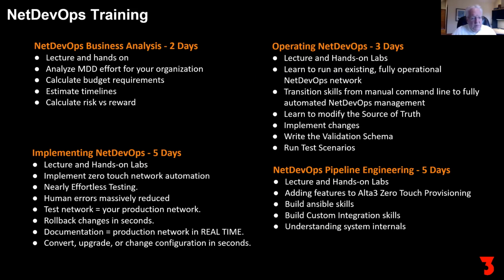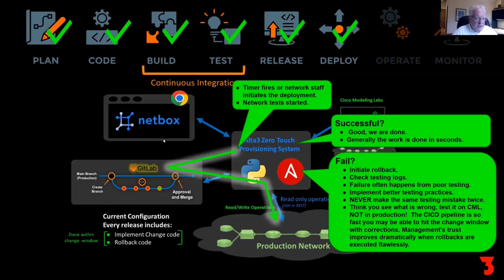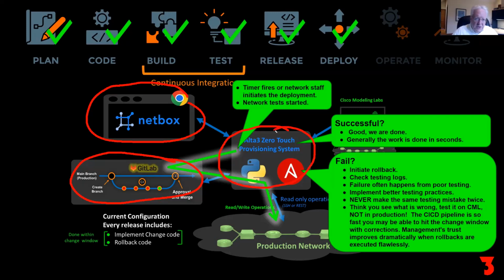Because there's something I need to tell you right now. We just go back one time to make absolutely crystal clear. NetBox, open source. There's no charge for that. GitLab, open source. No charge for that. The Alta 3 zero-touch provisioning system, all the tools, the finished code that does all this magic included in the courseware. No additional charge for that. And of course, you have a production network, which is